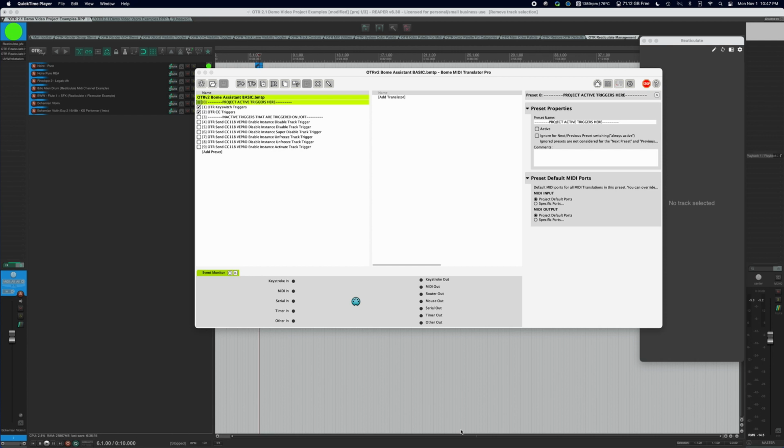Guys, in this video I want to talk to you real briefly about setting Bome up. Included in the OTR2 folder there is an extras folder. Inside of that you have 2 Bome templates. So once you have installed Bome, and there is a free trial available so you can give this a test